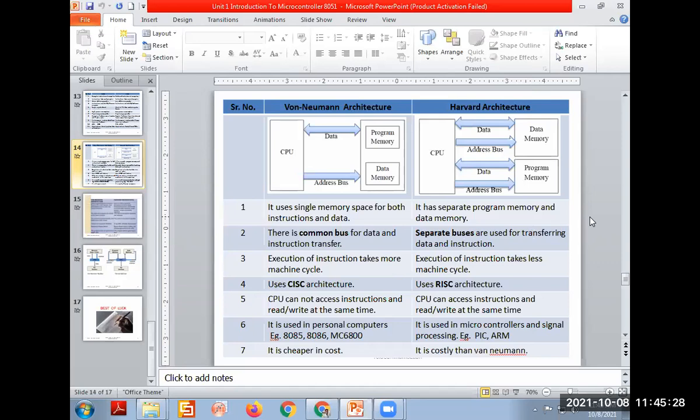Remind me, what is the meaning of super Harvard? We have one more architecture that is called the super Harvard architecture, or SHARC. I'll tell the difference also, once we're over this. Please tell me.